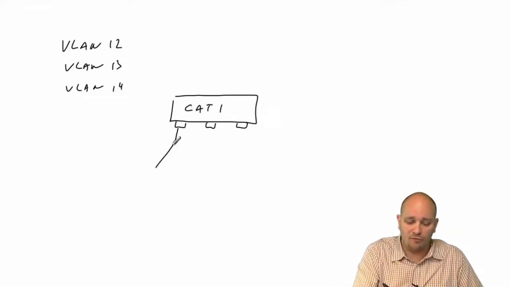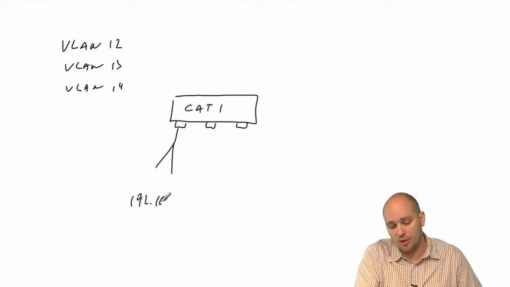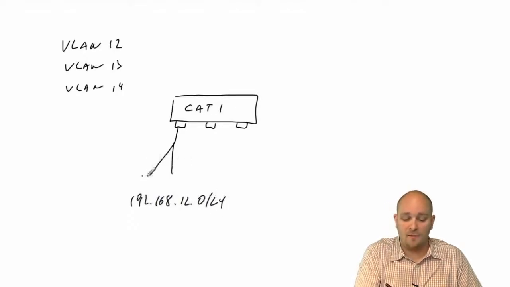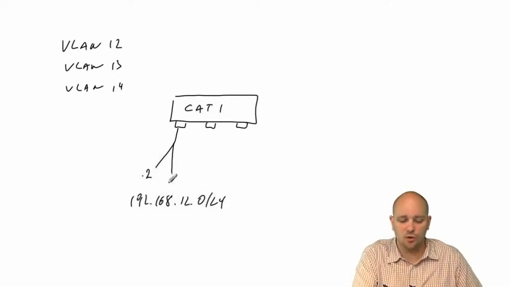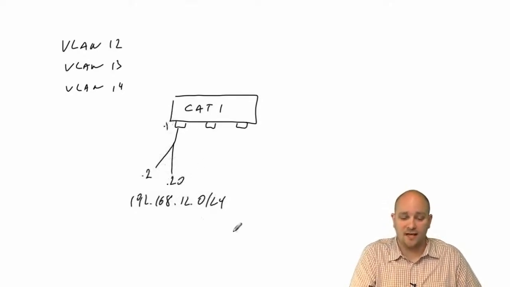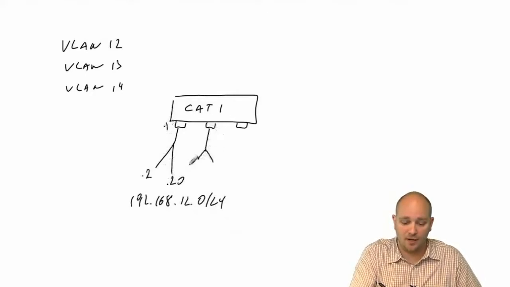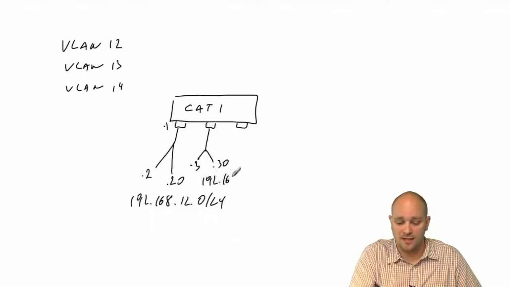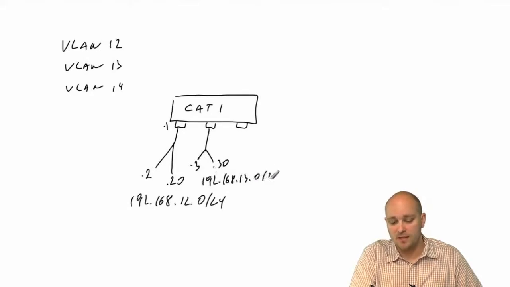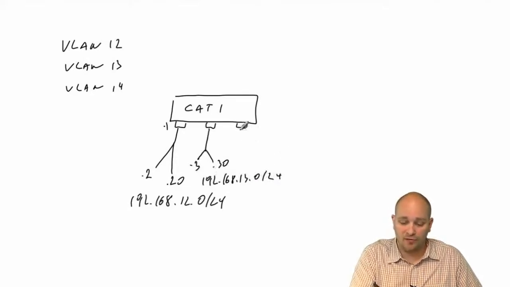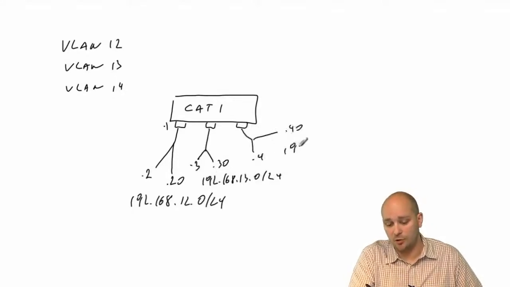So on my VLAN 12, I'm going to have two devices connected, and they are going to be on the 192.168.12.0/24 network. So I'm going to have a device that has last octet 20, and on this side I will have .1. In my VLAN 13, I will have a similar setup. I will have devices with 3 and 30, and this is going to be 192.168.13.0/24. And here for VLAN 14, I'm going to have a similar setup with 4 and 40, and this is going to be